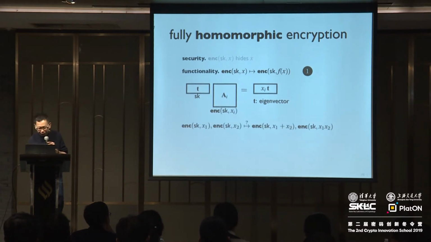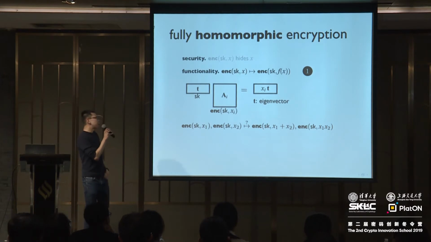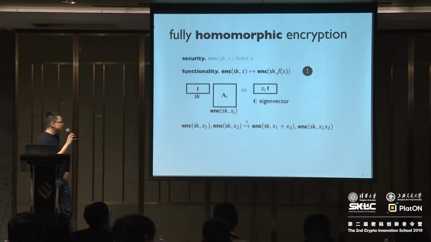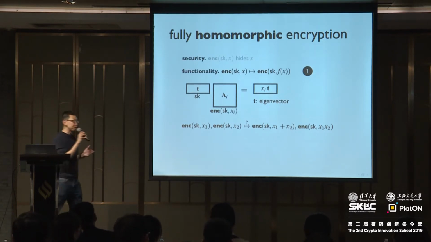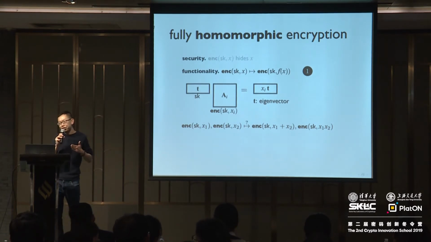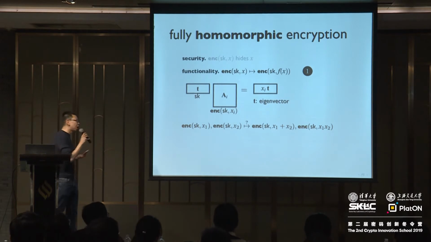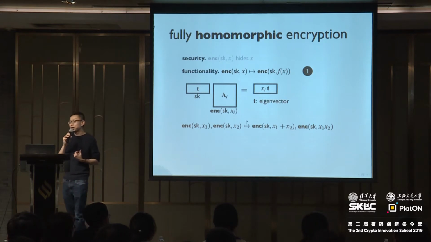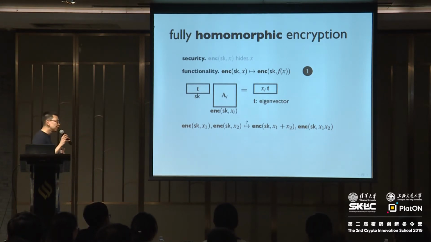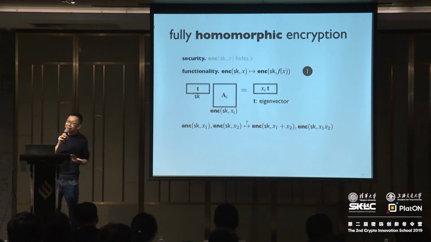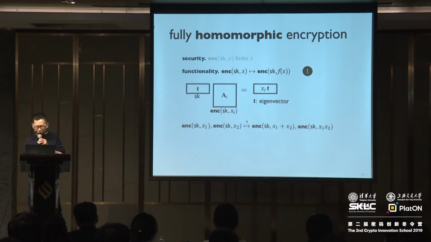So what does homomorphic evaluation mean? You are given many different encryptions of different values under the same t: encryptions of X1, X2, X3, X4, all under the same t. To handle homomorphic evaluation for general circuits, it's sufficient to explain how to handle homomorphic evaluation for addition and for multiplication. So I need to give you a way to combine an encryption of X1 and an encryption of X2 to get an encryption of X1 plus X2 and an encryption of X1 times X2. Here's what we need to do.